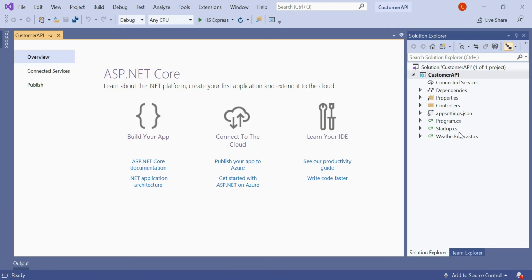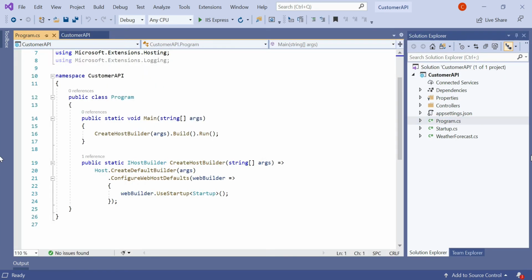So let's first discuss the project structure, then we go for the process flow. If you are aware of the ASP.NET Core web application, then you must have a basic understanding of this folder structure. In this API project, Program.cs is the main entry point. That means when the project is run, first it goes to the Program class, and in the Program class it finds the Main method, and in the Main method you can find CreateHostBuilder.